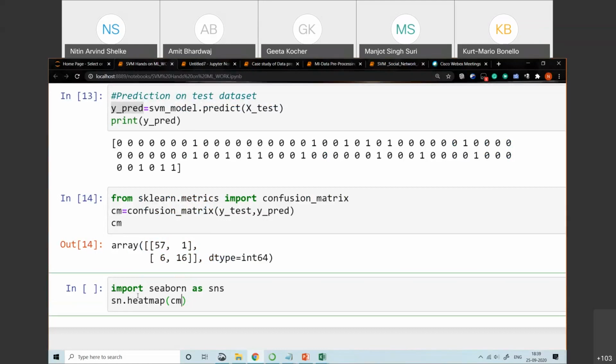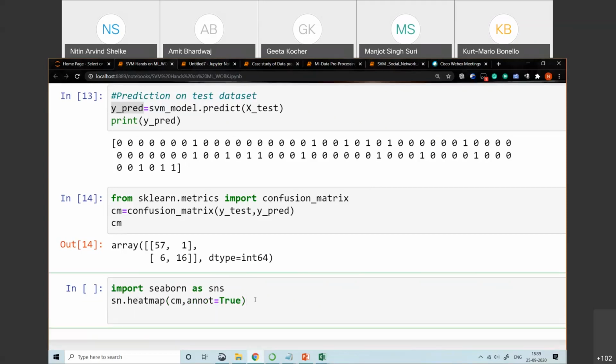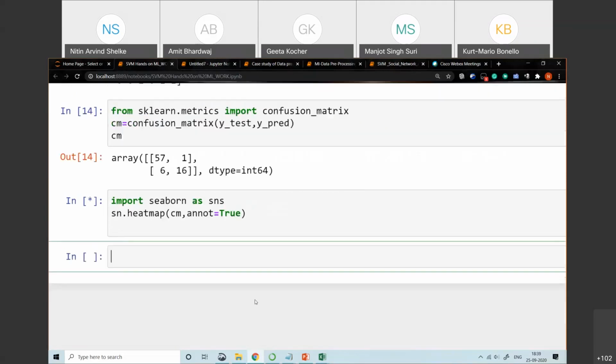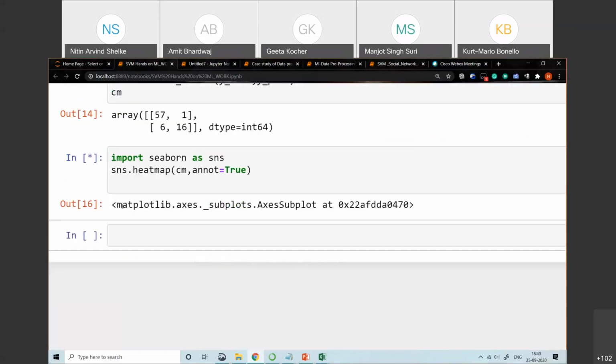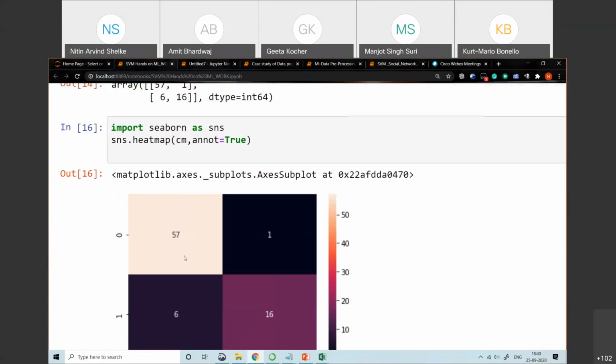That is the single argument, and one more is annot equal to true. That is the compulsory one. So this is what your confusion matrix looks like.